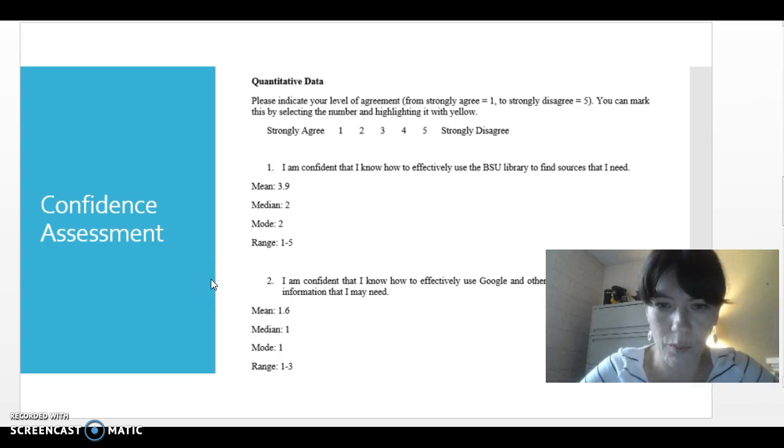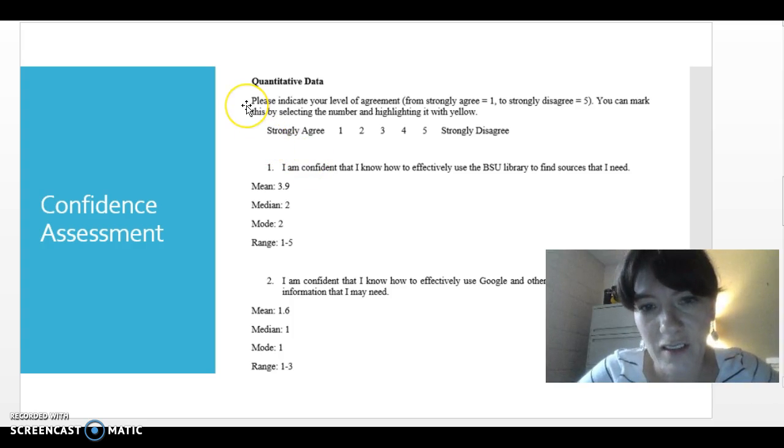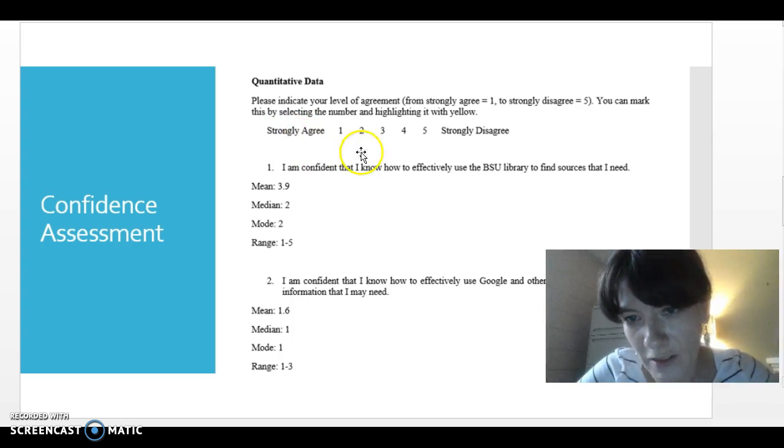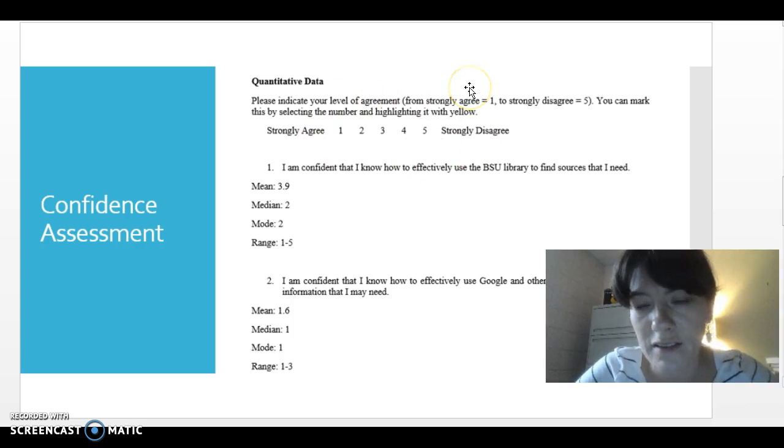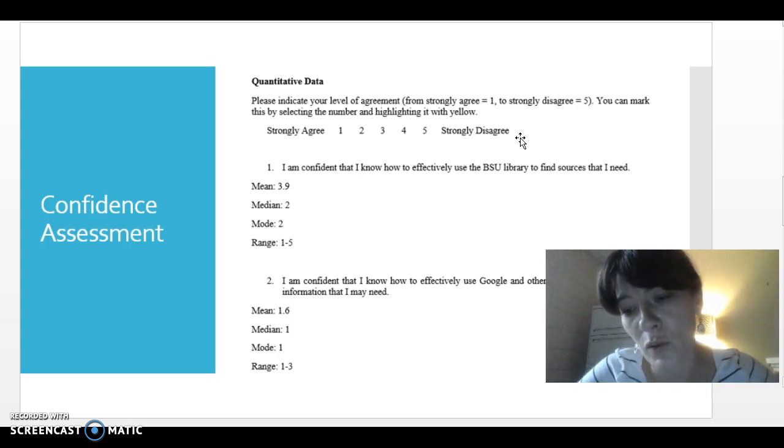So the first thing I would like you to think about is just this style of question. I'm sure you've seen it before, these kinds of questions that ask you to rate your response along some kind of scale, in this case from strongly agree to strongly disagree. These are called Likert style questions. And what a Likert style question allows a researcher to do is to collect numerical data that can provide some kind of a glimpse of a trend that might